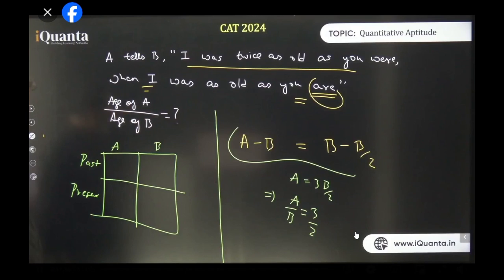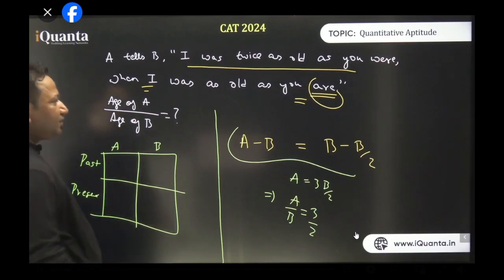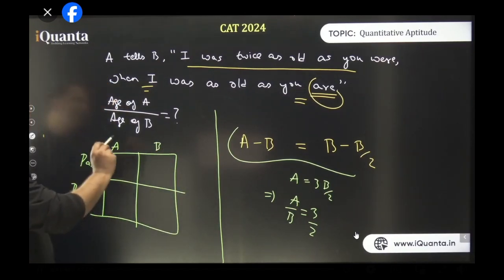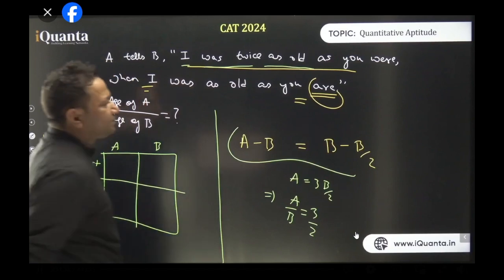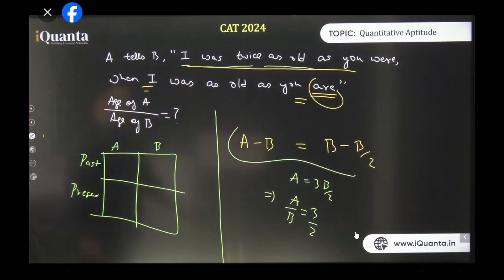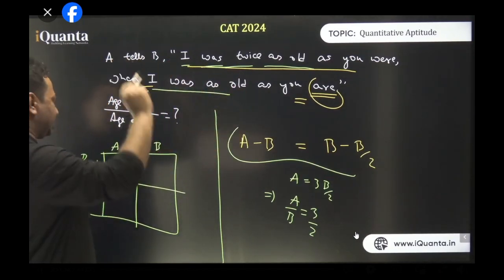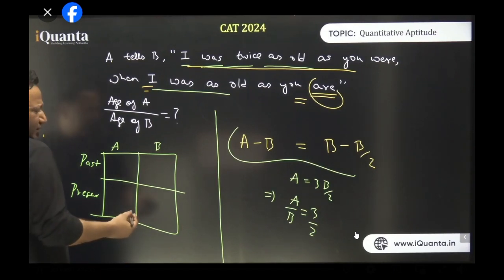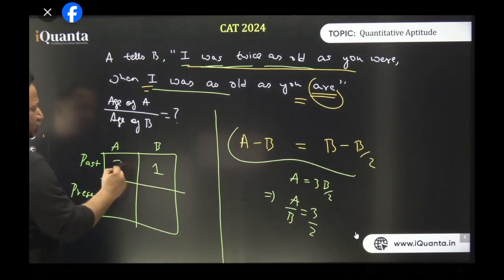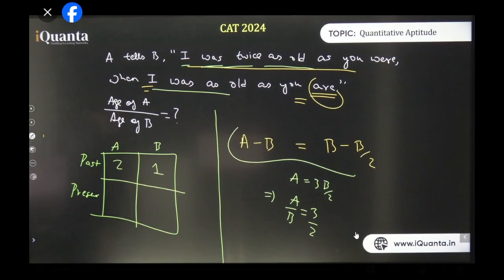I thought you guys have solved it already. Bhavisha, it makes sense. Now look at what I am going to do here, some magic, right? Now I'll read the question again. I was twice as old as you were. Earlier we solved using this statement, now we will solve using this one. Let's start from the past. I was twice as old as you were. So if B was 1 year old, A was 2 years old. Yes or no? If B was 1 year old, A was 2 years old, it cannot be less than that, naturally. We are taking natural numbers, not fractions, 1 and 2, what less can we take, right?